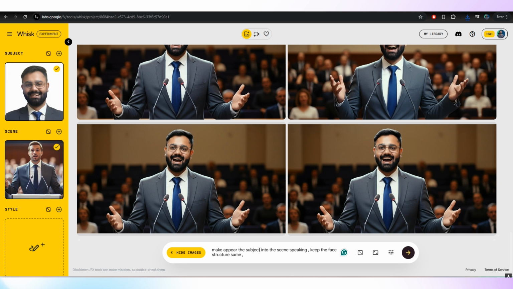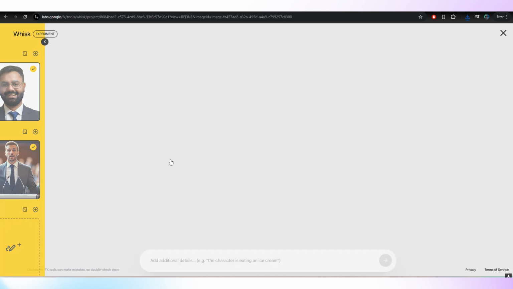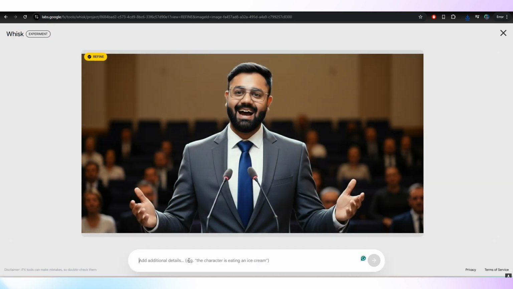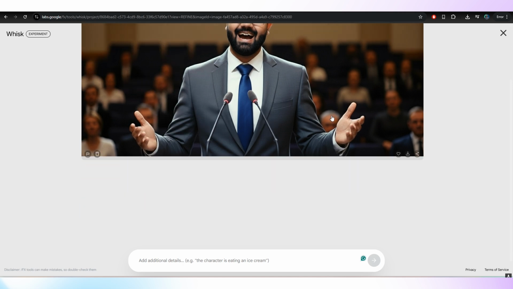Now let's add a text here. Understand, and now let's add text, bold 3D glowing Google Whisk. Now let's refine it.